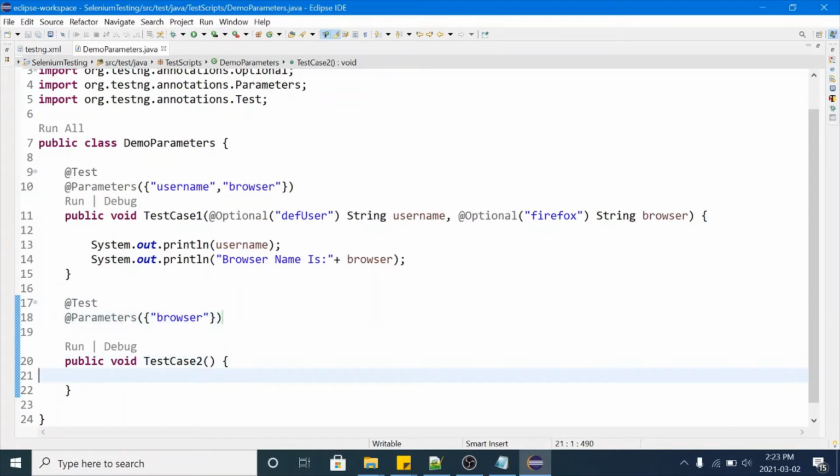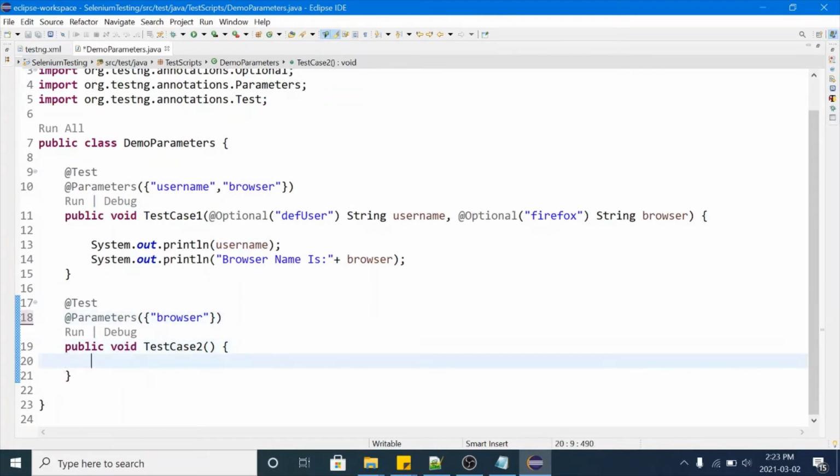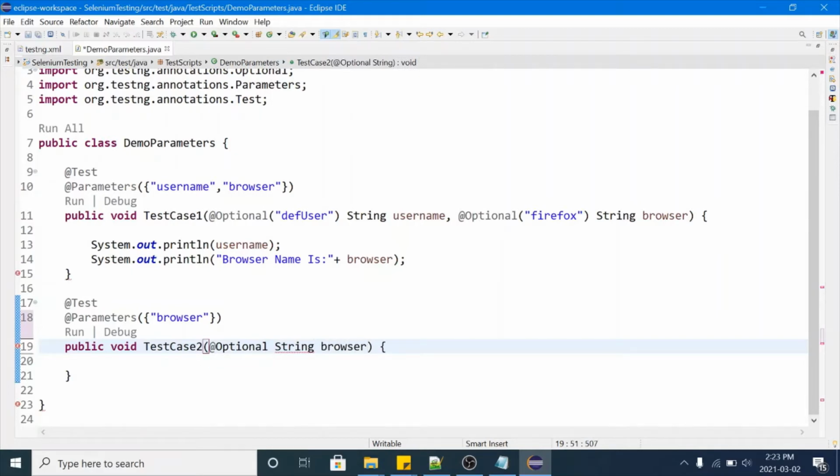Now in the method we need to write @Optional and string browser. Here you need to pass the default value. The default value can be Firefox, or you can pass any default value.